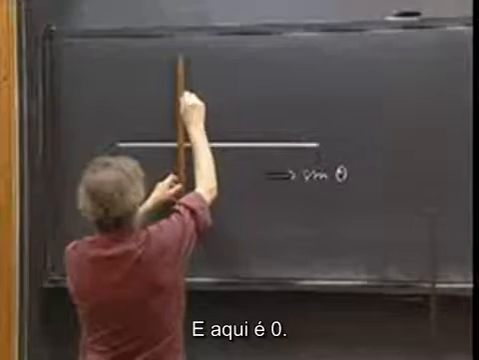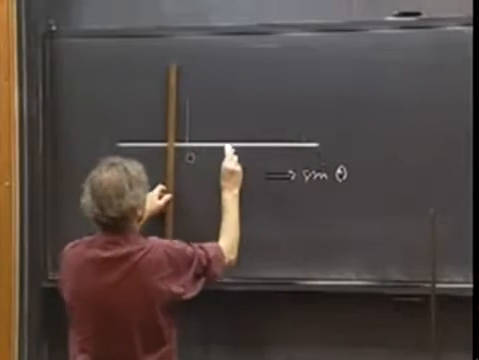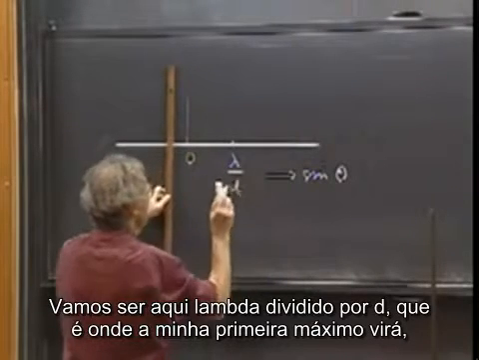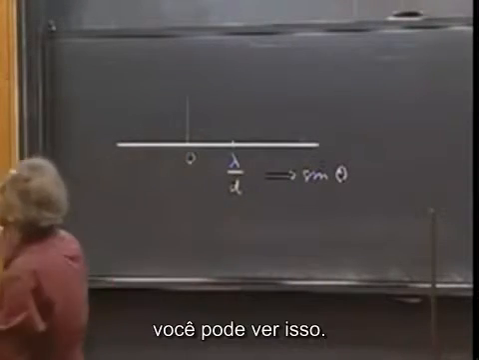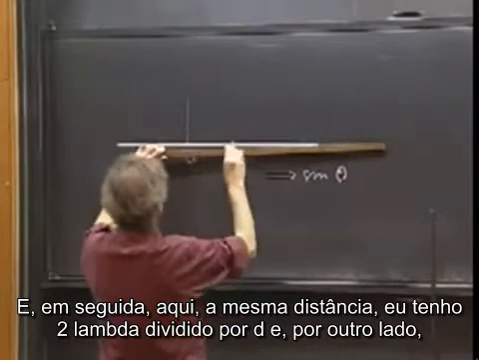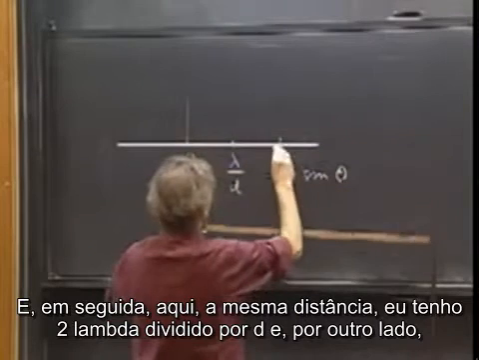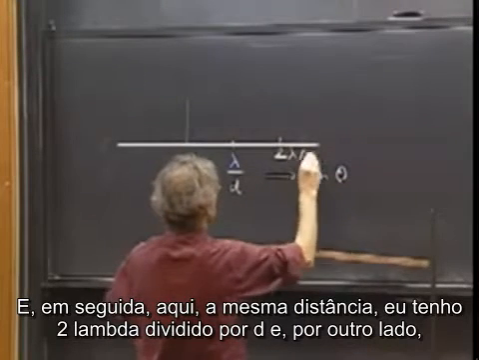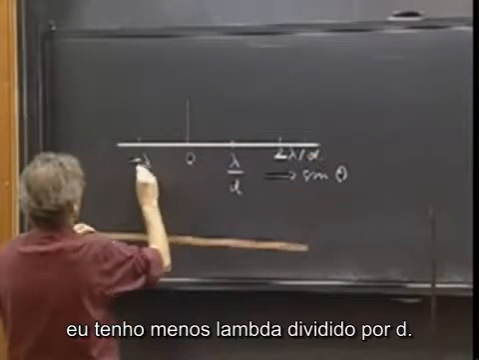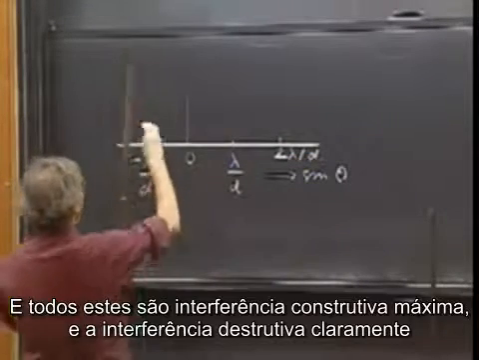And so here is 0. Let here be lambda divided by d. That is where my first maximum will come. You can see that. And then here, the same distance, I have 2 lambda divided by d. And on the other side, I have minus lambda divided by d. And all of these are maxima,